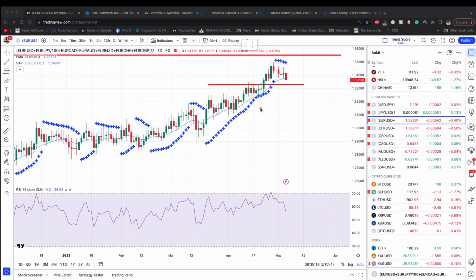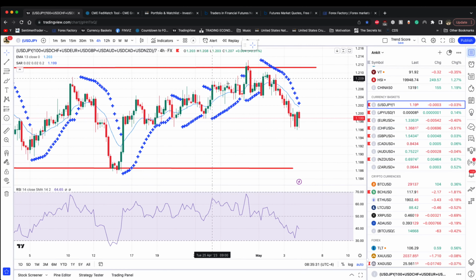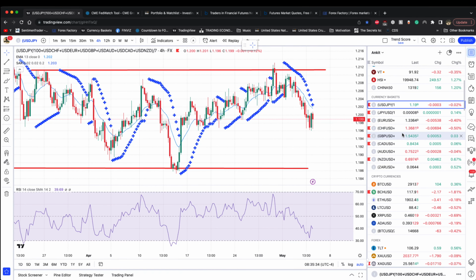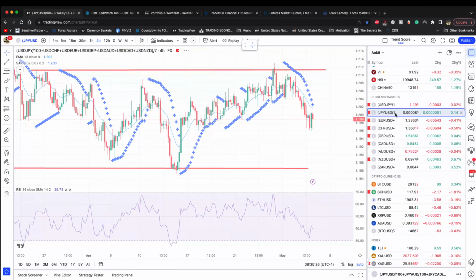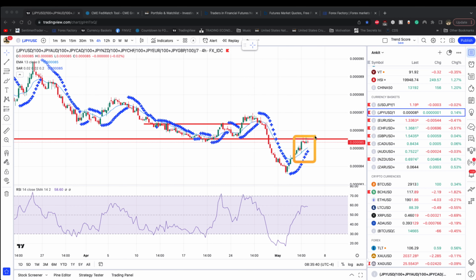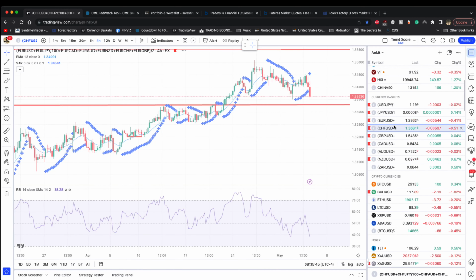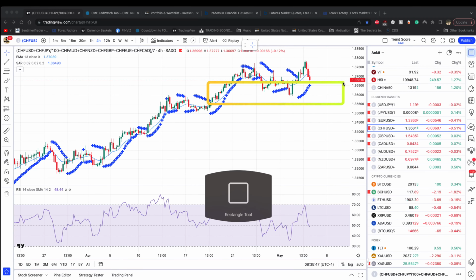So the question is what we want to pair it with, and I think this is a bit of a challenge here, because none of the places is acting out. Again, is the money flowing to the dollar? So let's just follow the money trail here. Where is the money going into? So this is a 4-hour chart. Is the money going to the dollar? It's not. Is the money going to the yen? In the shorter term, it looks like the money has gone into the yen. Let's go with the euro and Swiss franc. Swiss franc is where the money has been going into.